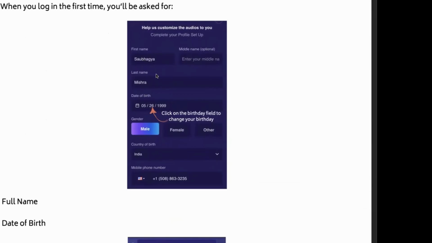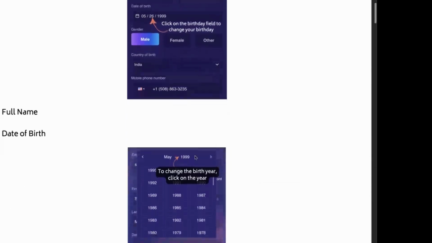So first name, middle name, last name, date of birth. When you click on the birthday field to change your birthday, make sure that you click on the actual number of the year, and that will pull down this list. Some people were saying, oh, I can't change the year, and they were trying to click these arrows. Maybe we need to tweak the user interface a little bit and make it a little more intuitive, but you can do this. You touch the year pop up, you scroll through, pick your year,